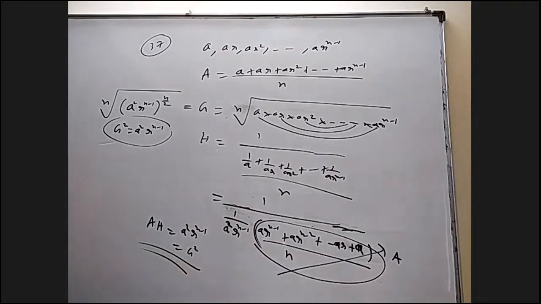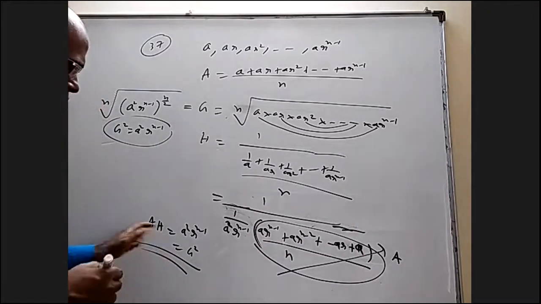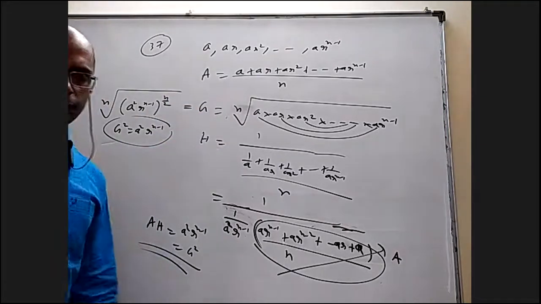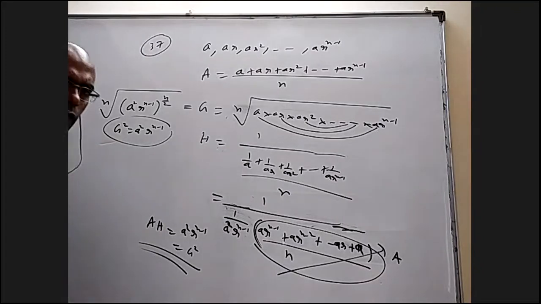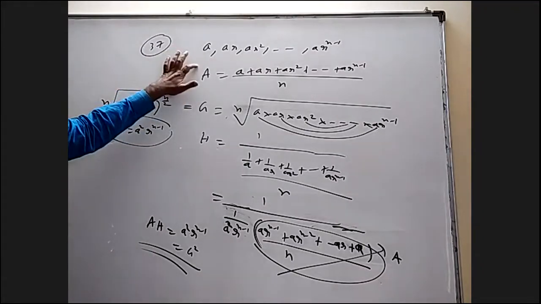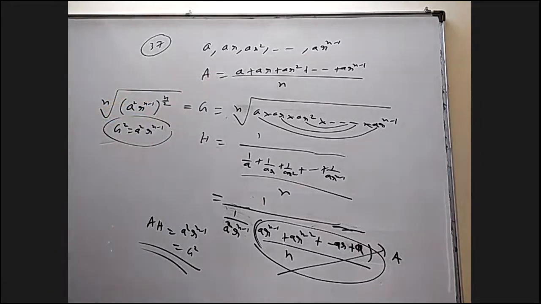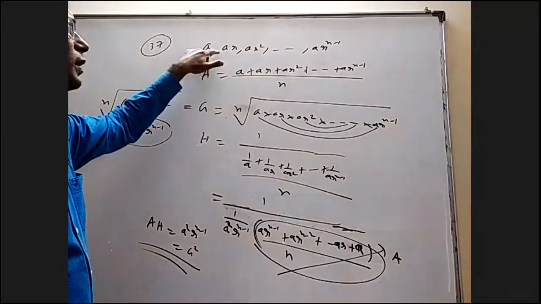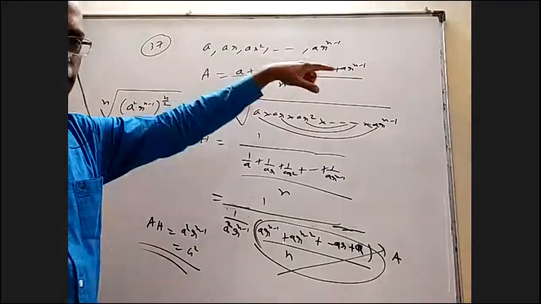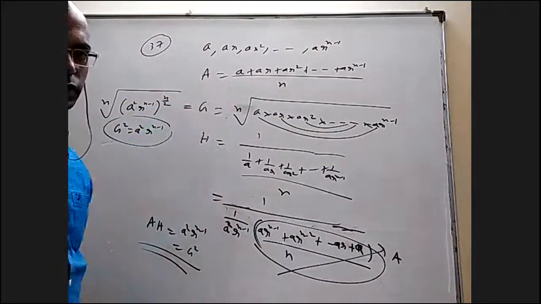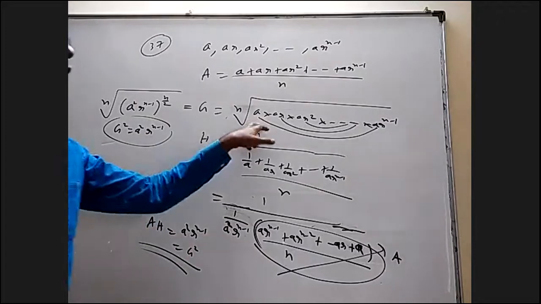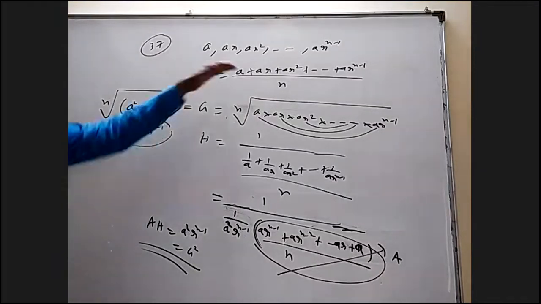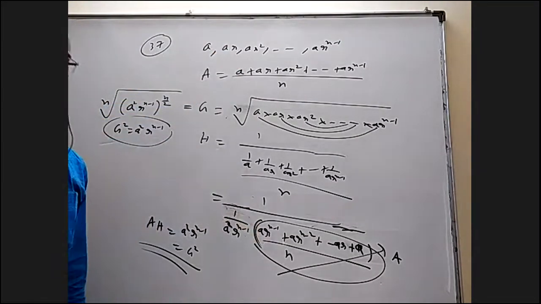So normally when you take n numbers, A into H is not G square. But if those n numbers are in GP, A into H is G square. Actually, if I take a by r power n minus 1, that is easier. If I would have taken a by r cube, a by r square, a by r, and things like that, you can see more clearly what is happening. But it's okay. Nothing wrong. Here everything would have cancelled, because when you take the reciprocal, they will be the same in a GP.